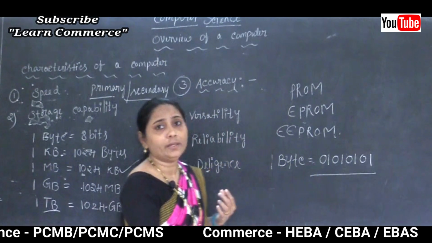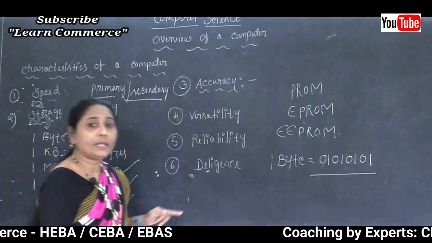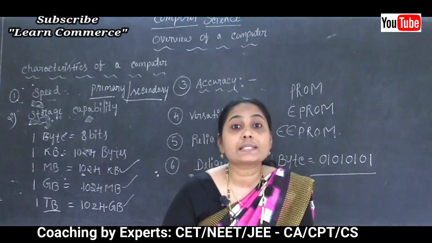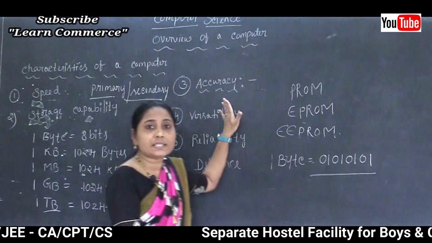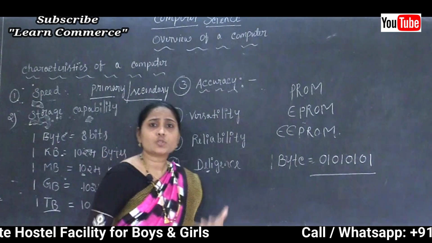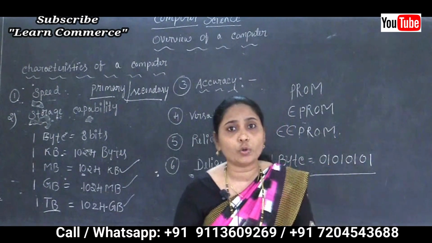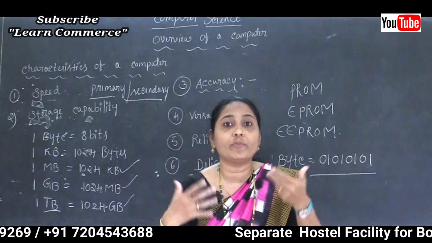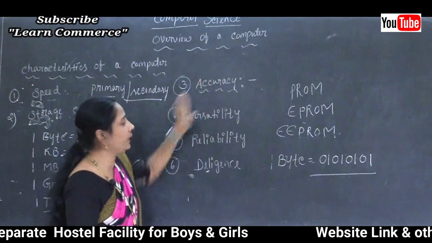And the third point in the characteristics of a computer is accuracy. In Kannada we can say the meaning of accuracy is sariyada or nikharavada. Clear this point here? This is the meaning of accuracy. Whatever work we give to our computer, it gives all that information or whatever output in a correct manner and very quickly. Correct? So now we are at the third point.